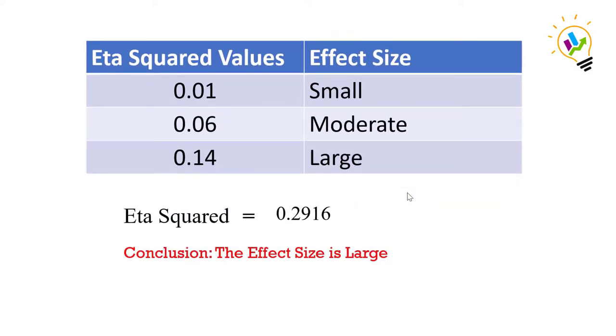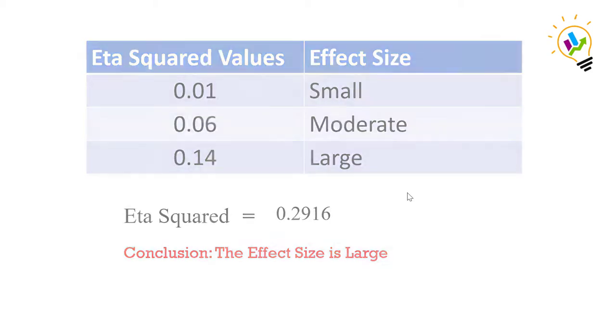First, we did the independent sample t-test, where we found that there is a significant difference between male and female. Now, how significant is it? Is the effect size small, medium or large? Using this method of eta squared, we have concluded that the effect size is large, meaning the variance explained by the independent variable in the dependent variable is large.